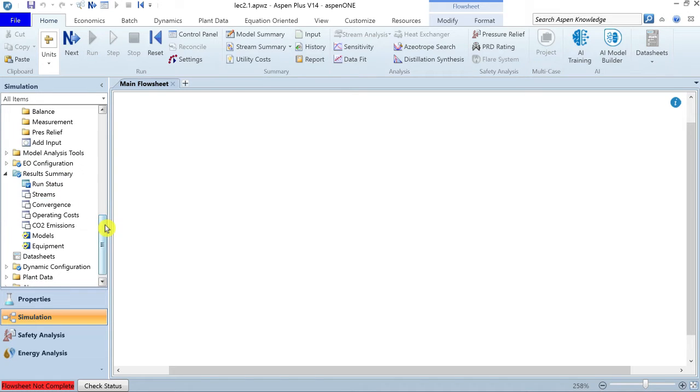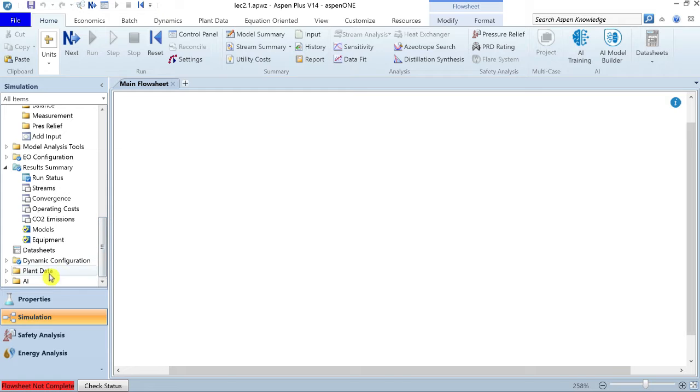One of the very important features in the simulation environment is regarding the artificial intelligence. Here you can use the live plant data to train the model using machine learning features and improve the overall reliability of the simulation. Similarly, at the very bottom, you can notice the status of current flowsheet simulation, and at the right bottom, you can notice the zoom options or the option to fit the flowsheet into the entire